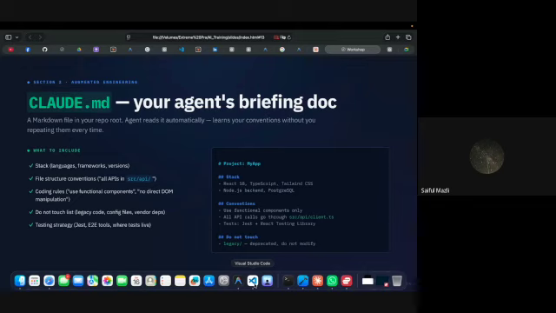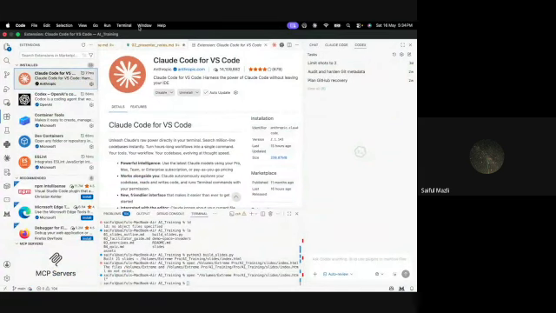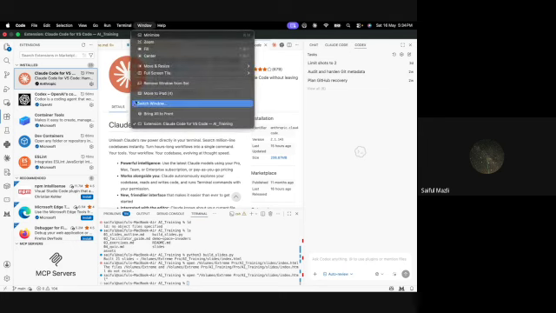If you start doing that, you will immediately hit a maximum token very, very quickly. And all it does is it will keep reading your file again and again and again. So that then becomes a waste of time for you. So you need to structure your claude.md very carefully. Let me show you an example of how I have my claude.md.